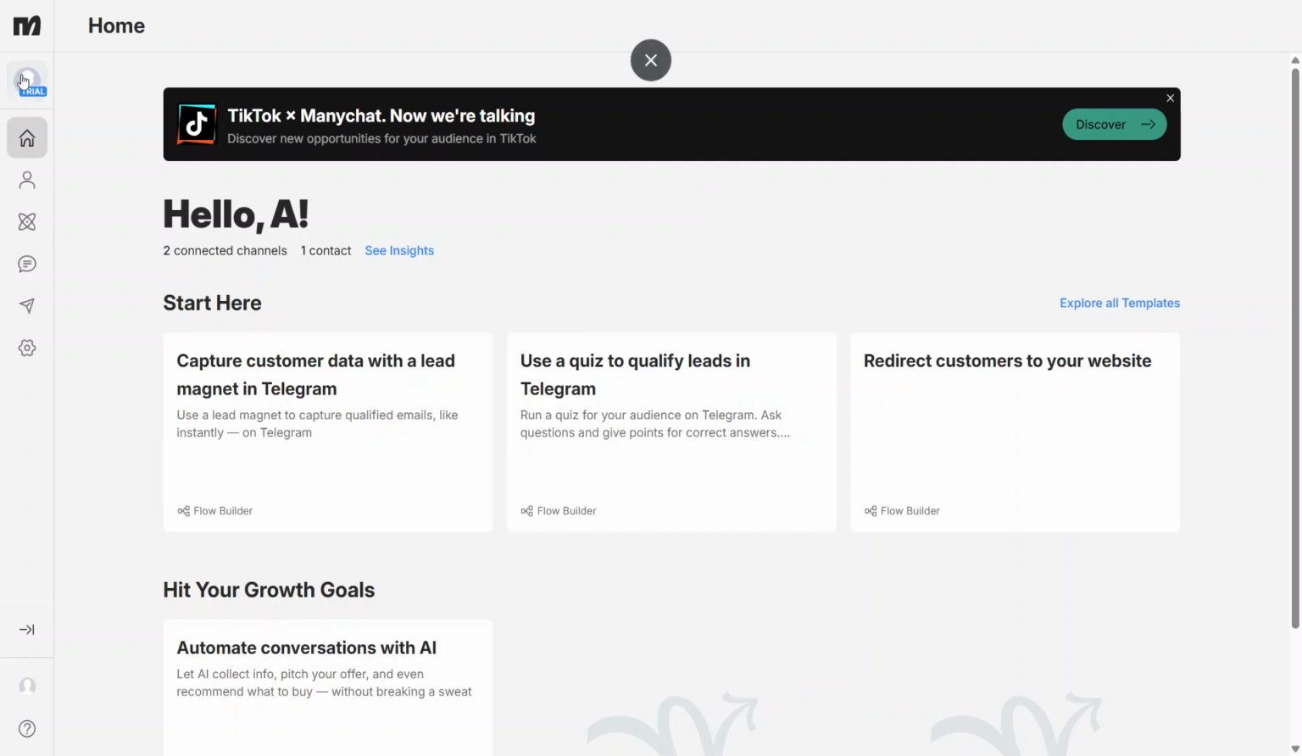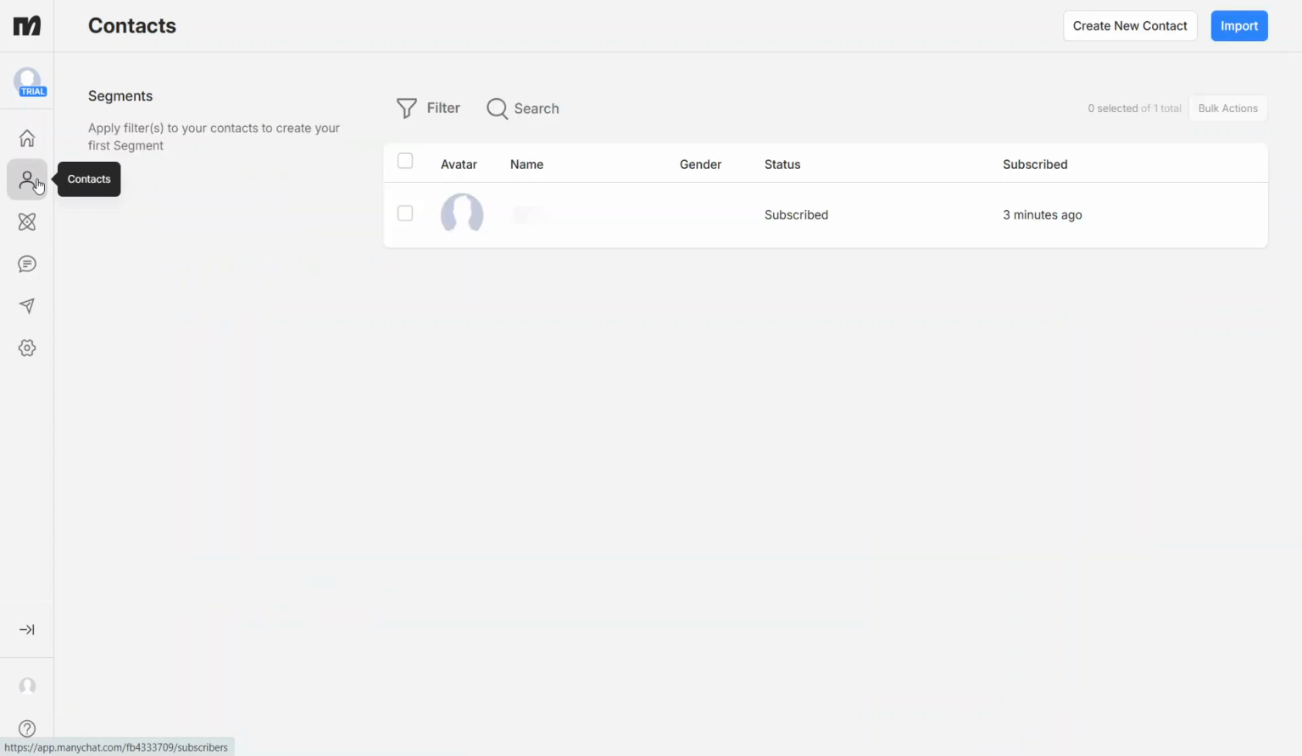Once you're logged in, look over to the left-hand side of your ManyChat dashboard. You'll see a vertical menu with different icons. Find the one that looks like a person. This is the Contacts section. Go ahead and click that icon. This will open up your full contact list, showing all of the users who have interacted with your bot or